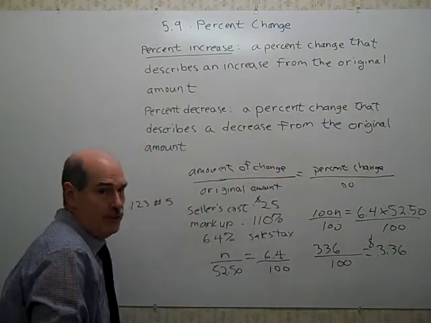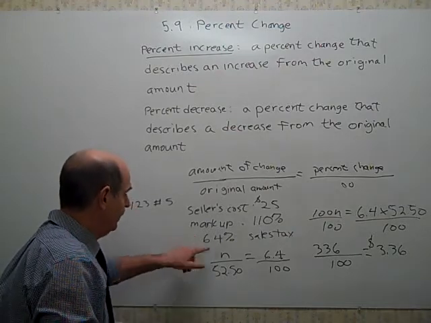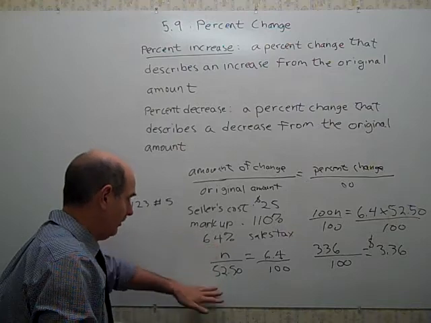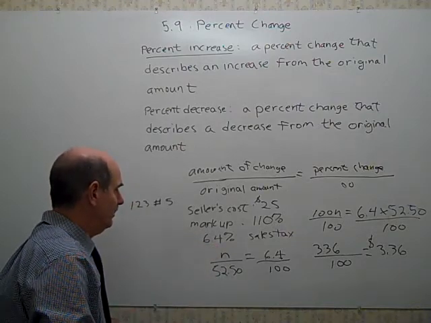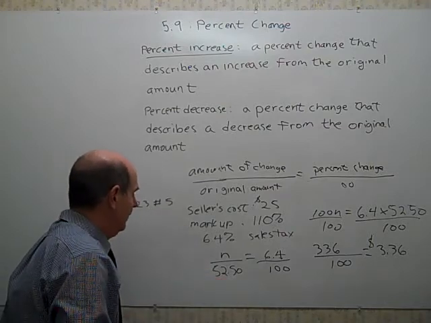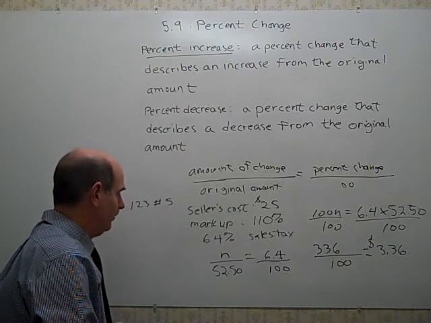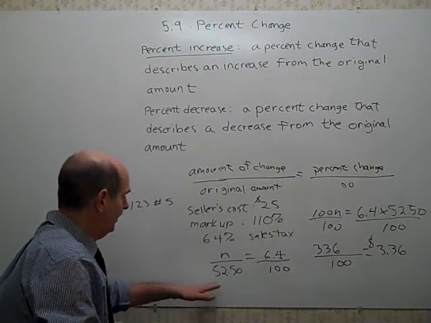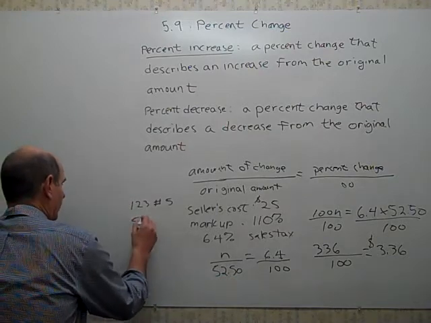which is $3.36, which is very close to the estimate that we had, that 6% of 50 is $3. It's a little more than 6%. It's a little more than 50, so $3.36 is very reasonable. So the price tag is $52.50. The local government wants to add on $3.36, and so the buyer is going to have to pay an additional $3.36. So their cost would be $52.50